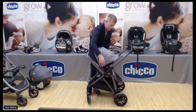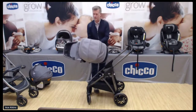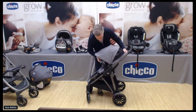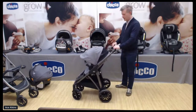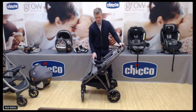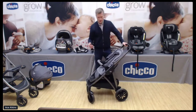The seat itself, there are two buttons inside here, so it's easy to lift this out. Turn that seat around and put it right back in. So there's your forward-facing child seat. There's where you can see your peek of the window. One of the great things about Corso, though, so again, really durable materials, easy to clean, but what we really